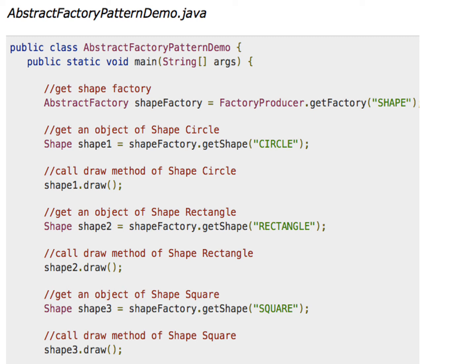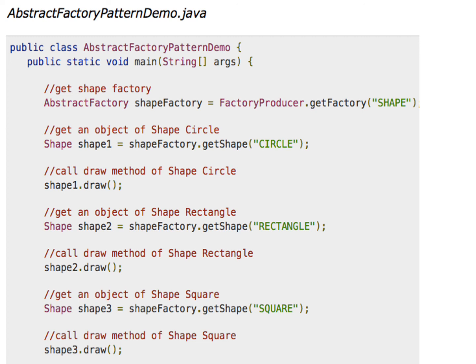Firstly, inside the main method, in the first statement, you can see that the factory producer dot get factory method is being called by passing the parameter of choice as a shape, and the returned instance is stored in the shape factory, or the super factory. The abstract factory instance is storing the reference of the concrete factory, so the user doesn't know that behind the factory producer instance is the shape factory or the color factory instance. It's just storing the reference of the super factory.